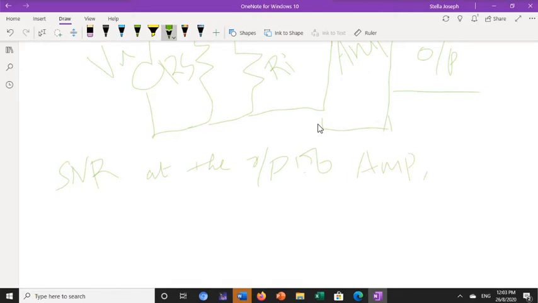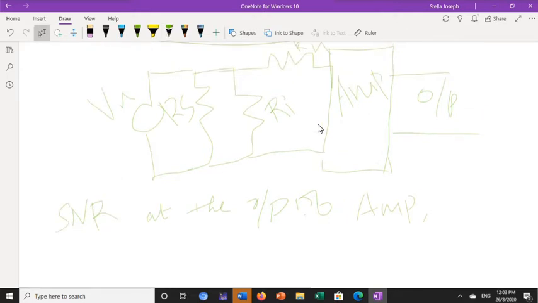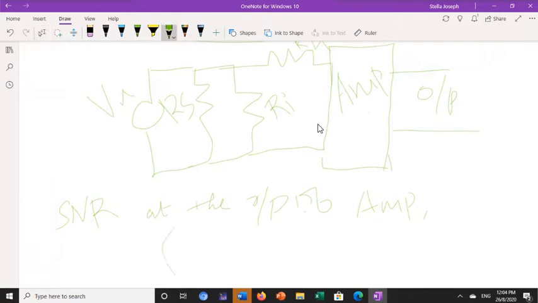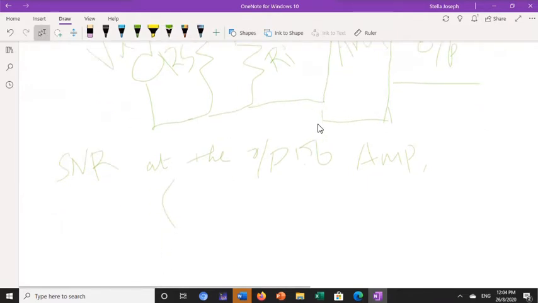What are the things I will be considering? I will be considering noise resistance, input resistance, as well as the source resistance for my output. So here we are going to write S by N out is equal to